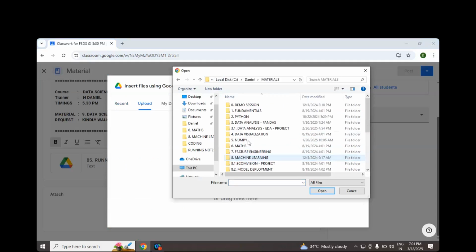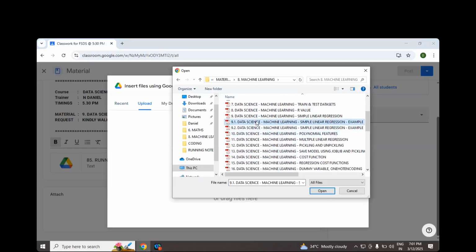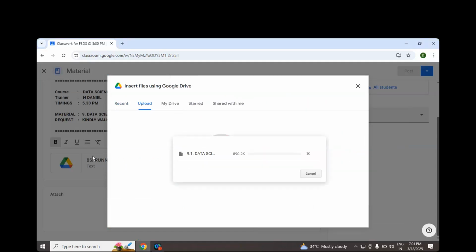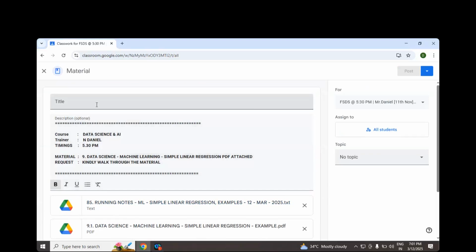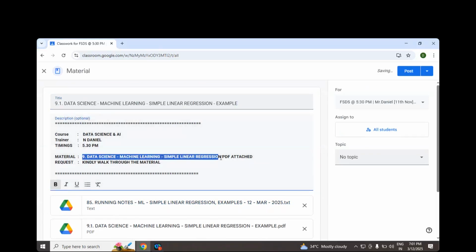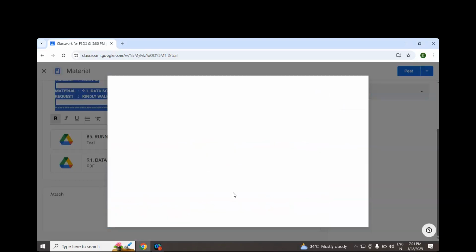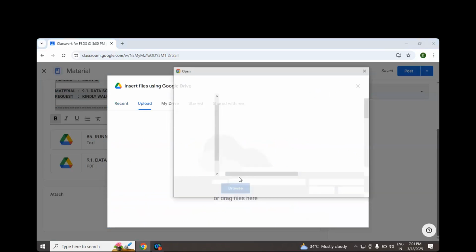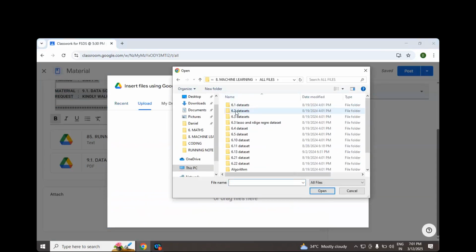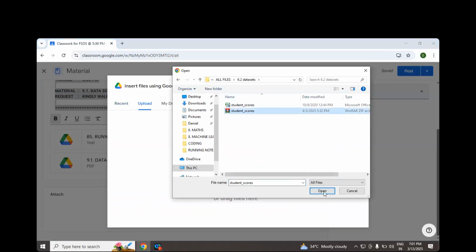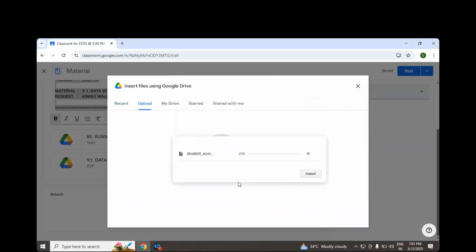What are all the data sets I need to upload? And this one should be 9.1. Yeah, correct. Student scores.